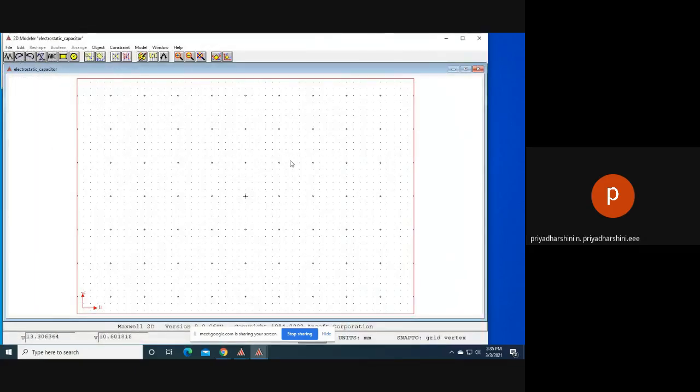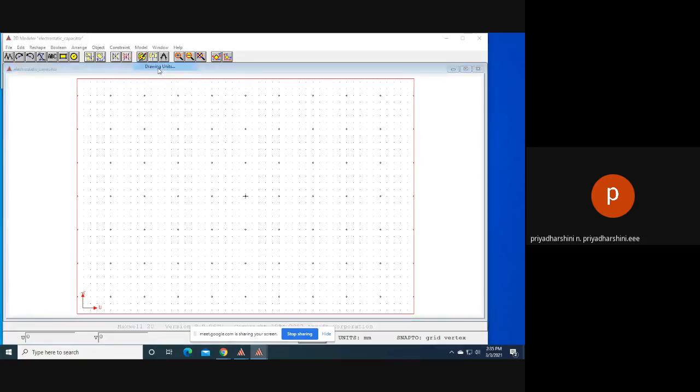If you see here, this is the drawing window where you will have the grid-like structures. Here I'm going to draw a parallel plate capacitor. Before drawing an object or analyzing an object in the drawing mode, first we have to set our axis, right? Like we do scale for graph sheets in x-axis, y-axis, 1 centimeter equal to something, 1 unit, right? So here you go to the model in the taskbar.